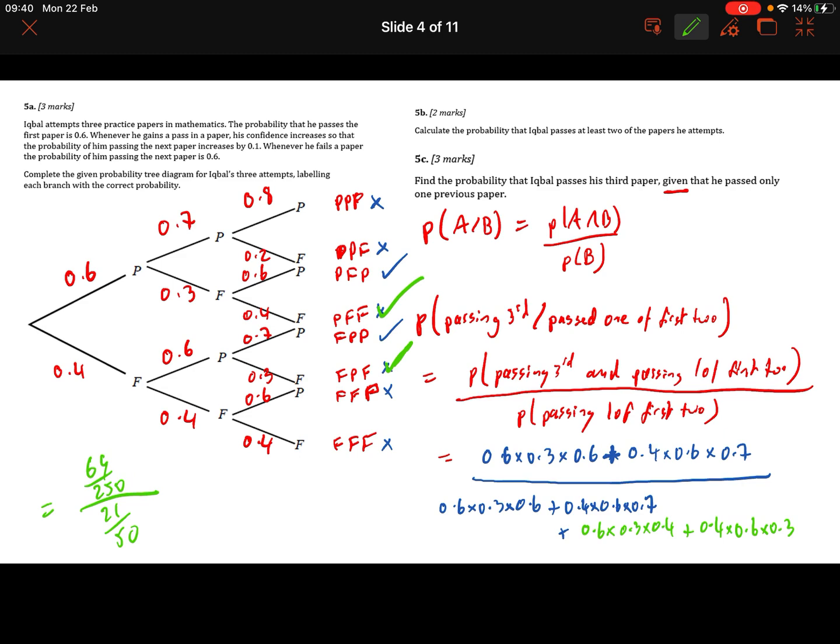Okay, so if I just times by 5, that's going to be 64 over 105. So 64 divided by 105 is equal to 0.610 to 3 significant figures. Okay, let me know if